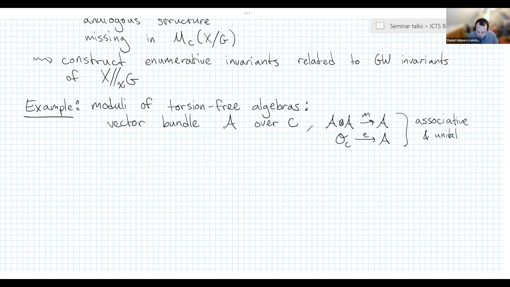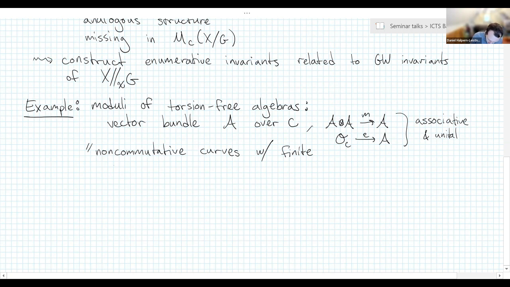For instance, Azumaya algebras are an example of this sort of thing, and you can think of this as non-commutative curves with a finite map to C. And the reason being, if you have a commutative curve C prime with a finite morphism pi to C,